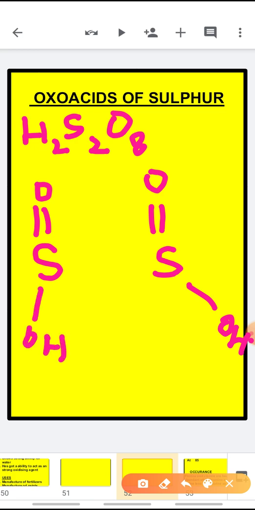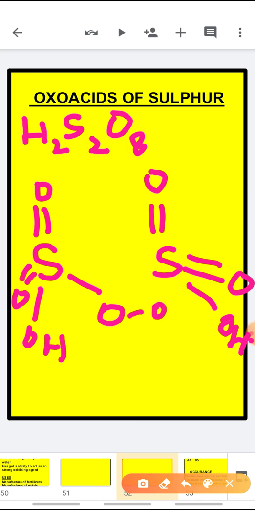Now what is left? 2 hydrogens are utilized, 2 sulfurs also utilized. Out of 8 oxygens, 1, 2, 3, 4 oxygens we have used. Now how many oxygens are left? 4 are left. So how will they be arranged? Double bond O, double bond O, single bond O, single bond O, single bond S. This is the structure of peroxodisulfuric acid, that is